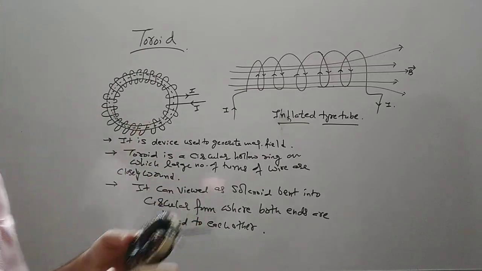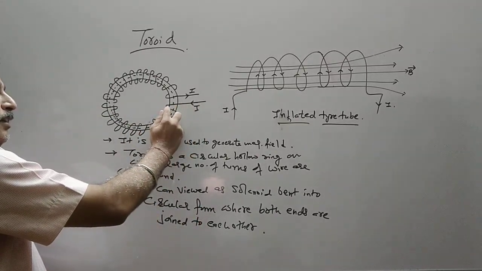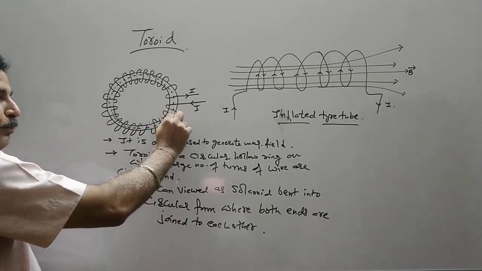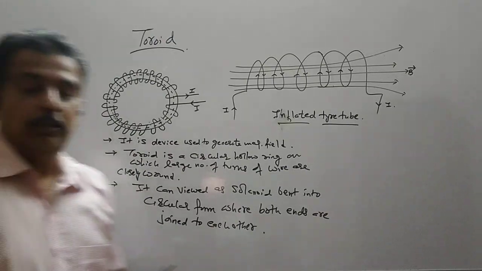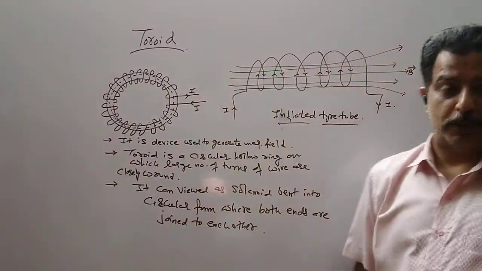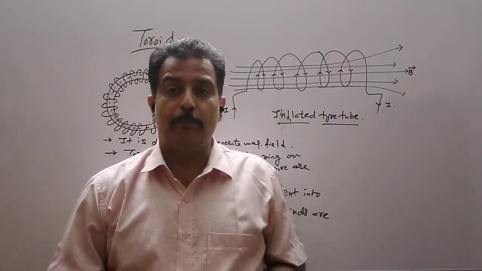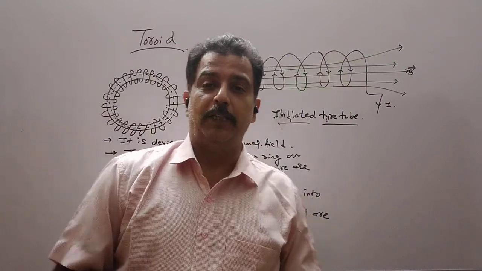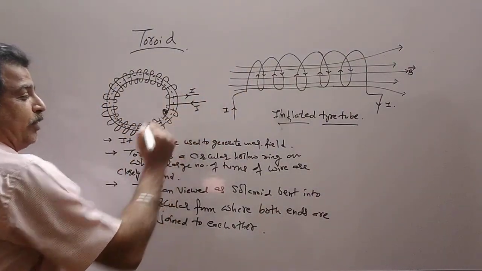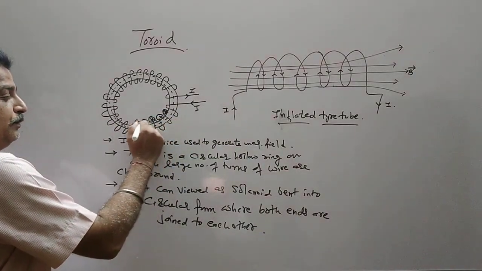Just remember that when this current is going in at this end, the current will come out from this end, because we will be drawing the next diagram to understand the situation. So we know that a current or anything going into the plane of the board or paper is denoted by a cross. So what will be the situation? Here the direction of current will be denoted by a cross. This will be all crosses.